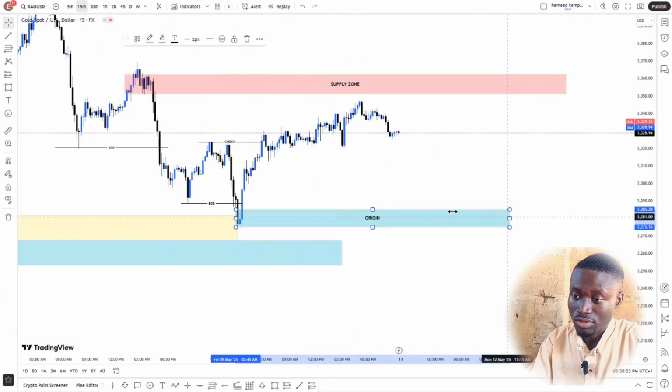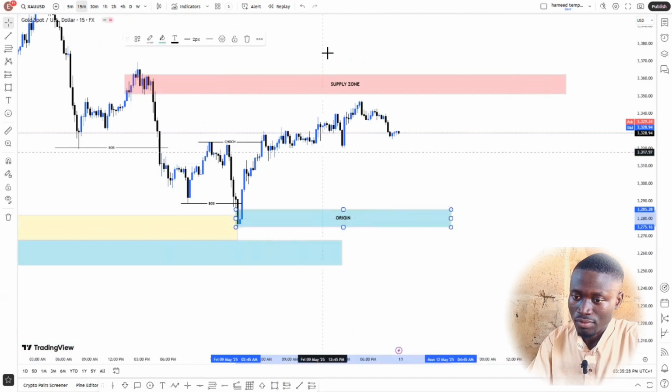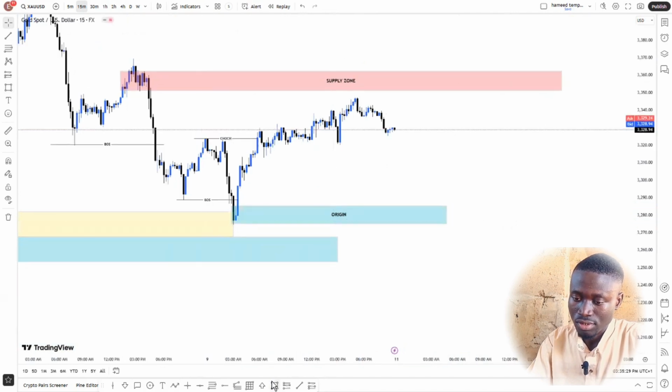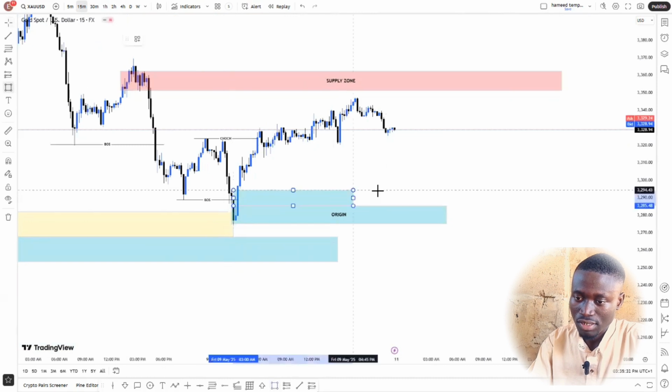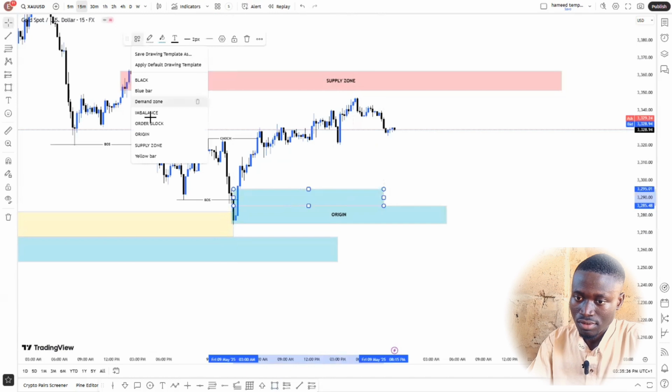So this is the origin I'll be looking out for. Why? Because this gives me all my entry confluence. This is imbalance here. This is imbalance here, and this is a lot of